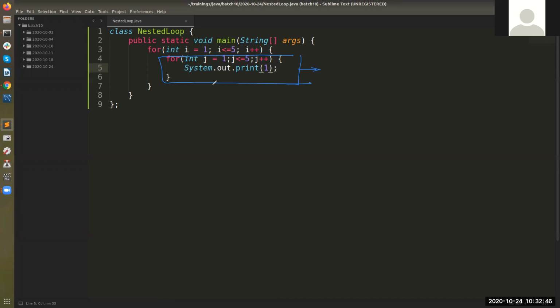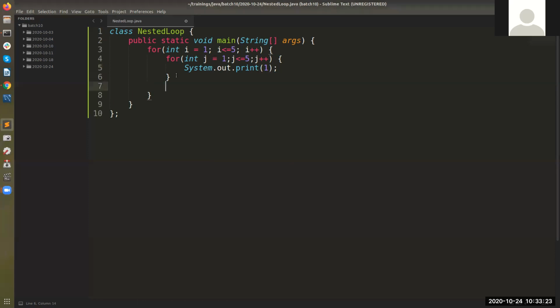So here now I want this part of my loop, the inner loop, to print in the form of 1 1 1 and so on. Right. I want only to print 1 1 1 and so on in one line, and after that I want to break my line. The line would be breaking here after the inner loop, right? So I have to write some println method at this point so that it breaks the line after printing those 5 times of 1, right?